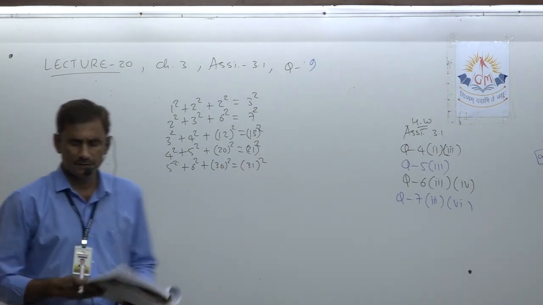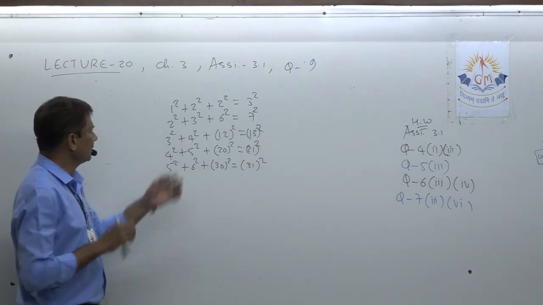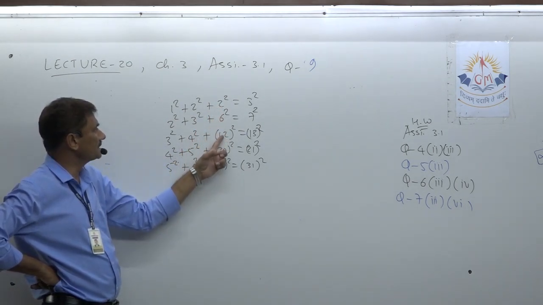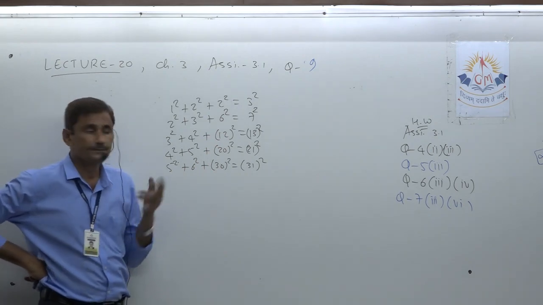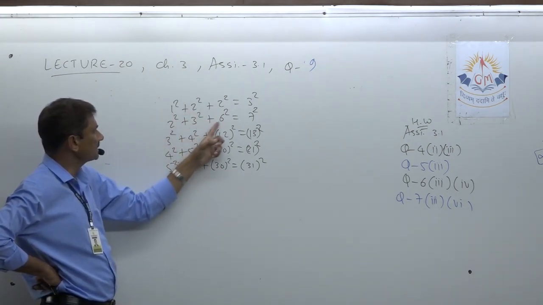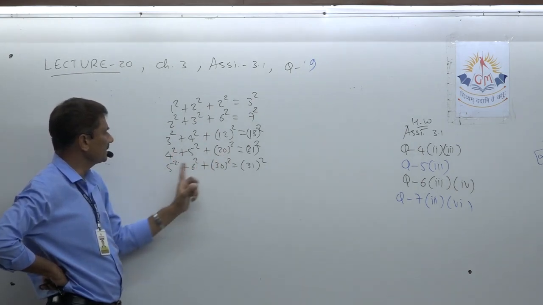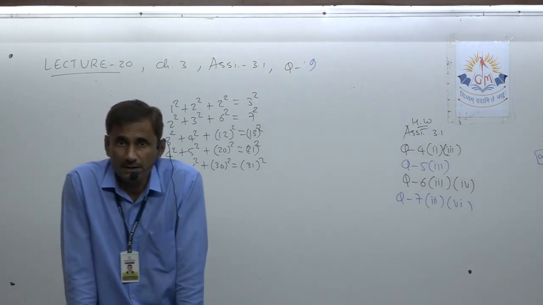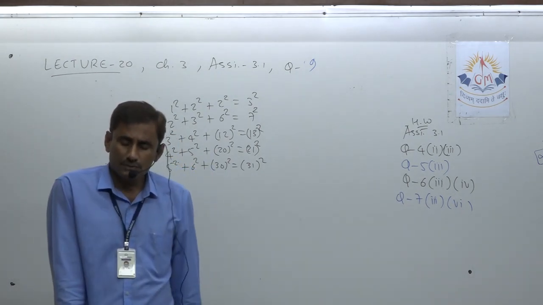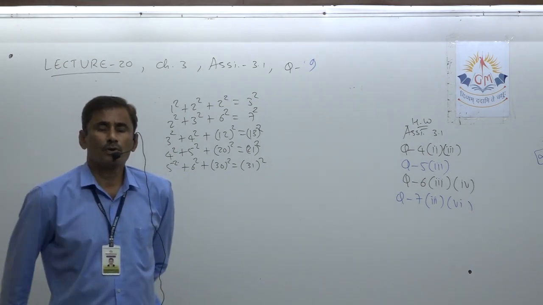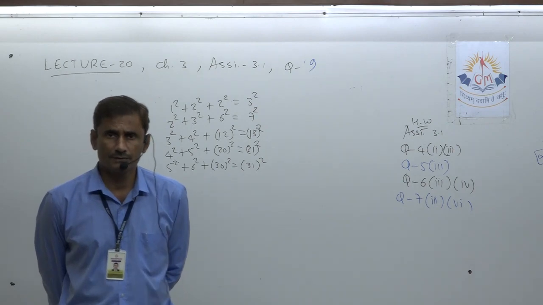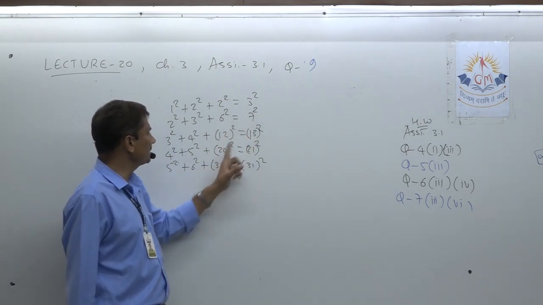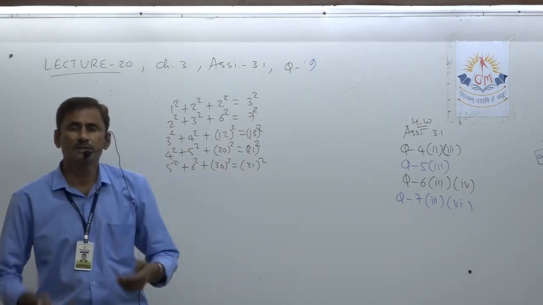Now just observe the pattern. 1, 2, they are consecutive numbers. And how is the third number obtained? Here 3, 6, here 12, 20, 30. Where did they come from? 1 twos are 2, 2 threes are 6, 3 fours are 12, 4 fives are 20, 5 sixes are 30. So the third number you can get, I am talking about the base only, not the exponent, by the product of the first two. And how to get the last number? It is the next number: 2, 3, 6, 7, 12, 13, 20, 21, 30, 31.